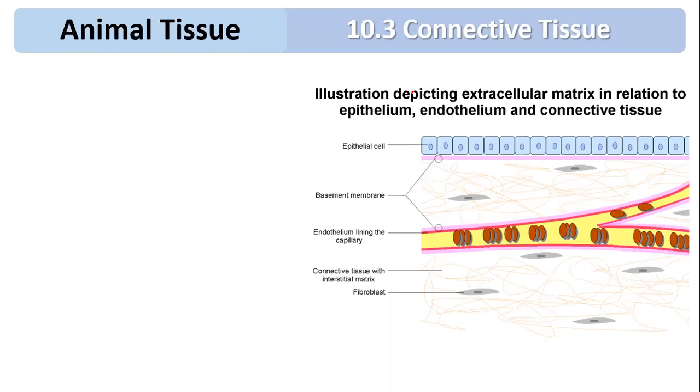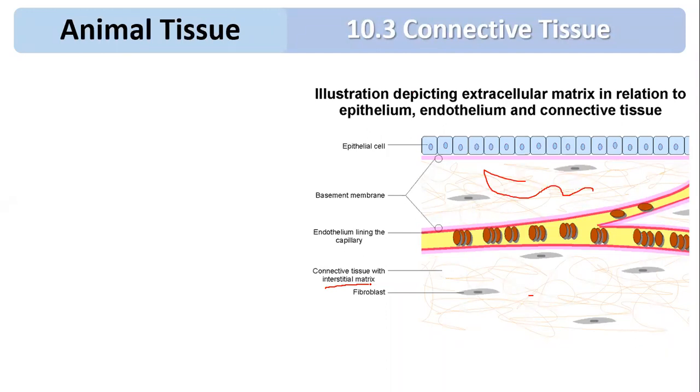Okay, please remember, when I say the connective tissue, that means there are two parts. One is called the extracellular matrix. So you can see in the diagram, this is the extracellular matrix and the cells which are embedded in it. Here it is mentioned interstitial matrix. Interstitial matrix is nothing but the extracellular matrix, where the cells are embedded inside that matrix.